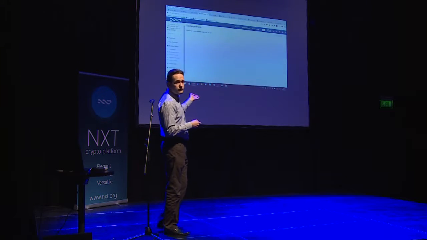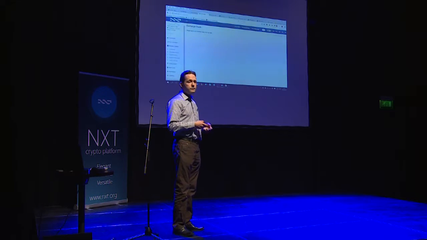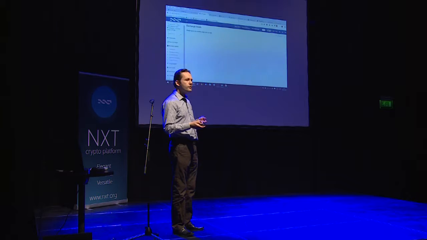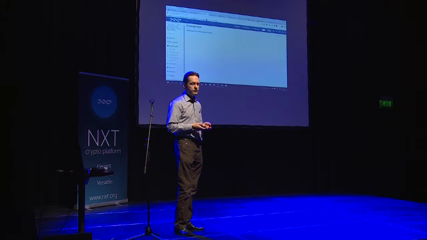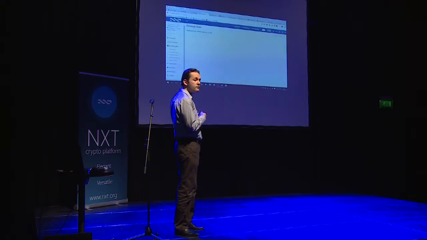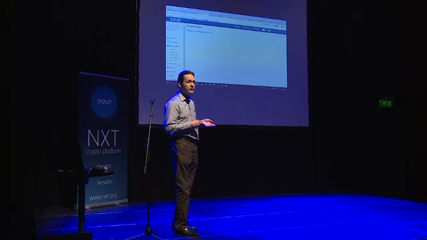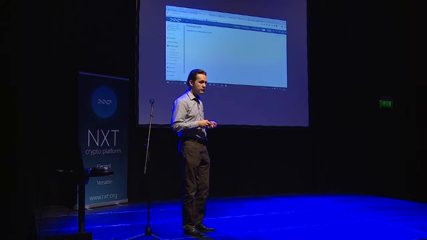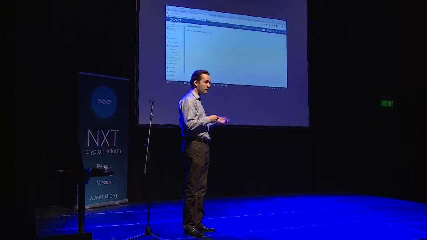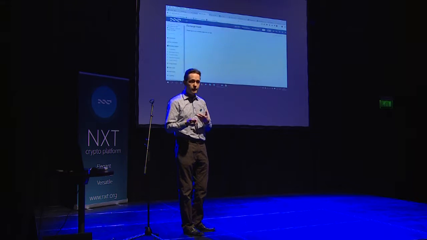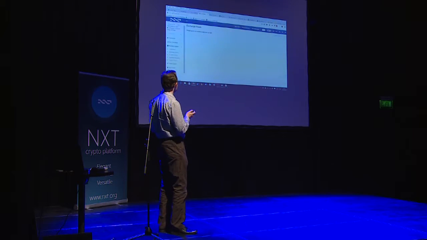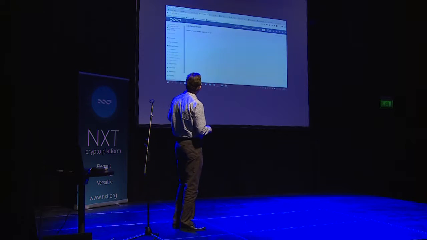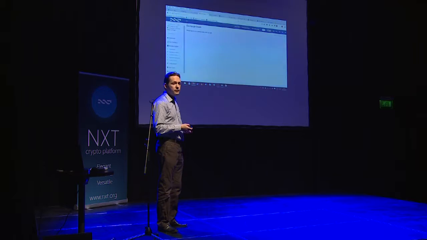This is not finished. There is much more that is possible, but I think these two things are the real basis of NXT. It's no intermediaries where you don't need them, and that doesn't mean that you don't need them at a certain point, because sometimes it is good to have someone with knowledge. But if you don't need them, cut them out. And it's easy. It's as simple as that.